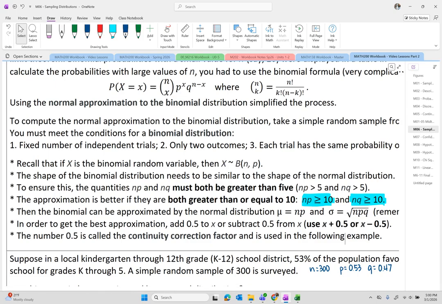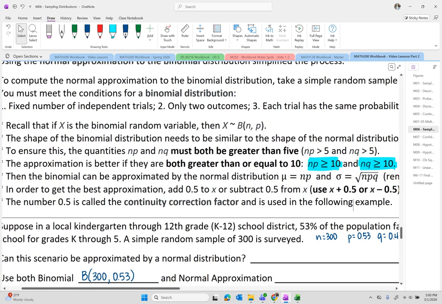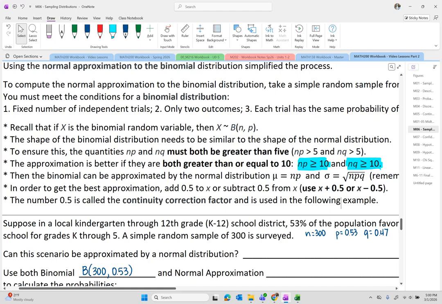And if you want a normal distribution to approximate your binomial distribution, then you have to ensure that n times p and n times q is larger than 5, but ideally, for a better approximation, greater than or equal